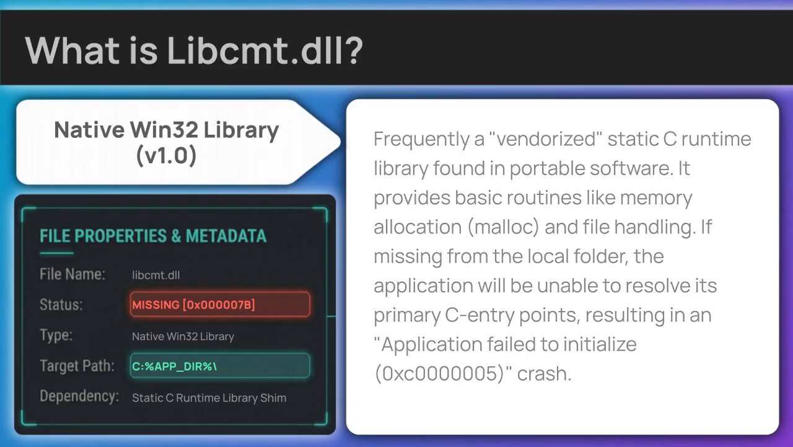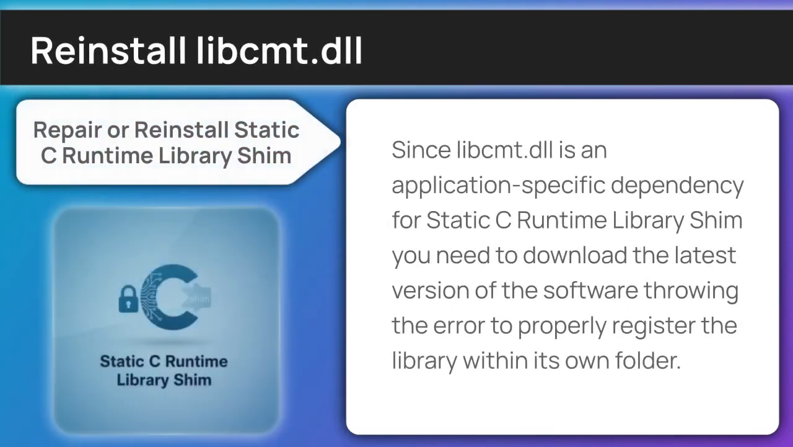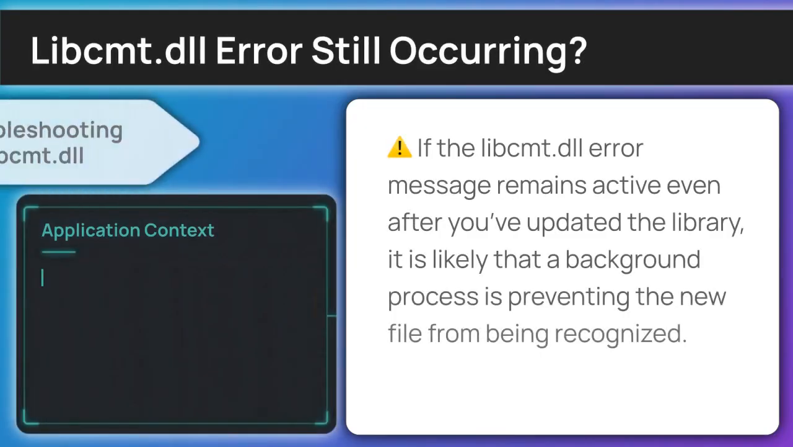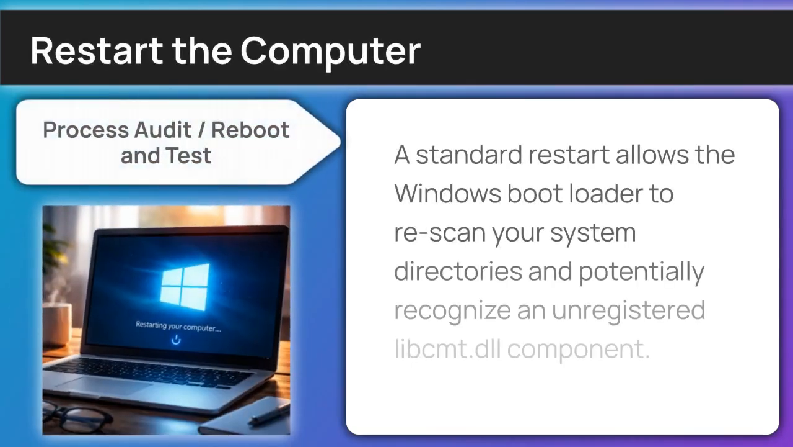Now let's look at replacing it. Since the C Runtime Multi-Threaded Library DLL is an application-specific dependency for the static C runtime library, you need to download the latest version of the software throwing the error to properly register the library within its own folder. If you're still seeing the missing file notification, we should attempt to force a synchronization between the software and the OS. A standard restart allows the Windows bootloader to rescan your system directories and potentially recognize an unregistered C Runtime